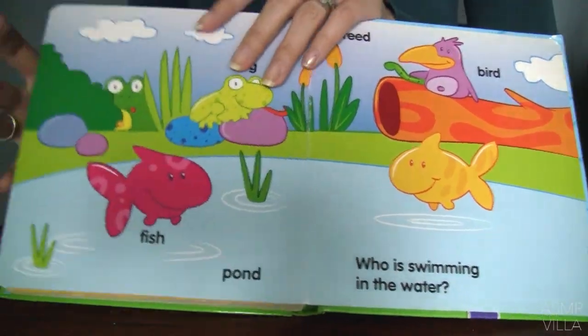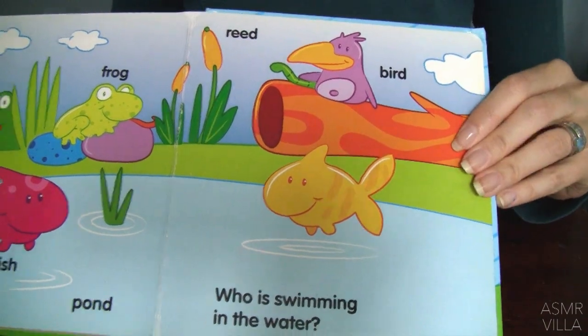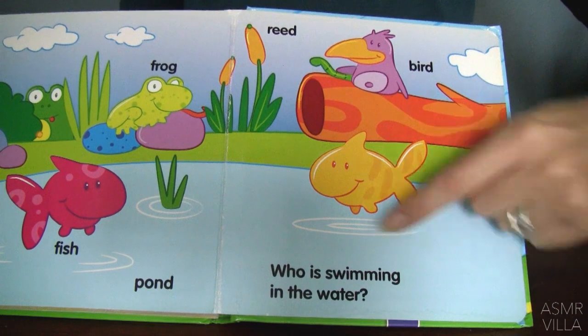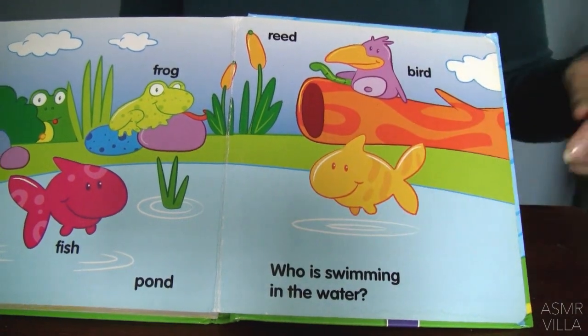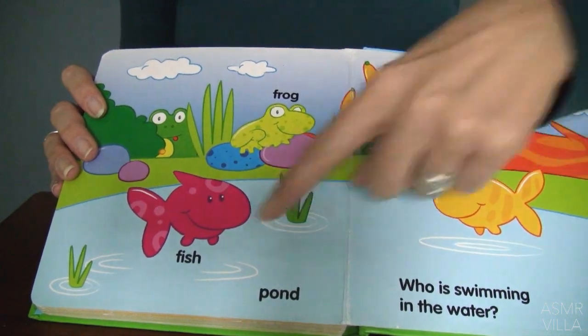Very cute. And now it's the last page, so there's no peekaboo part here. It says who is swimming in the water. So it's the fish. They're swimming in the